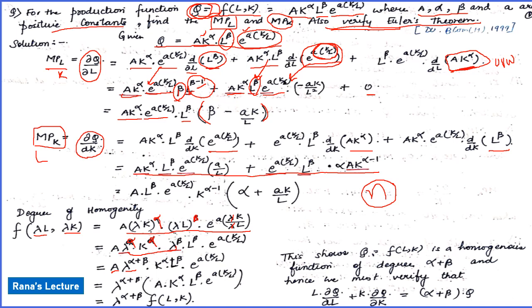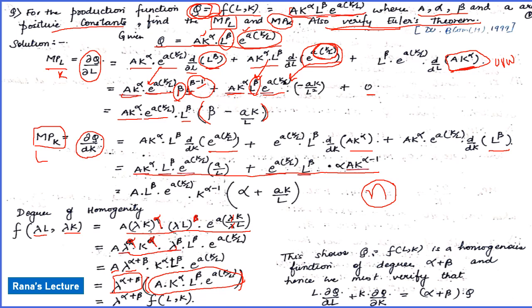We take this out. Why? We take this out, and whatever is left we write within the brackets. What is left? A, k to the power alpha, L to the power beta into e to the power a into k by L. You see, what we got here is same as this function,